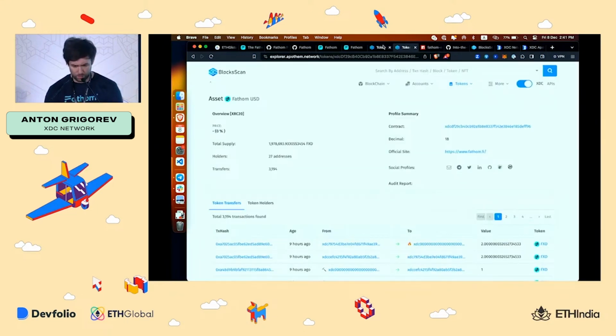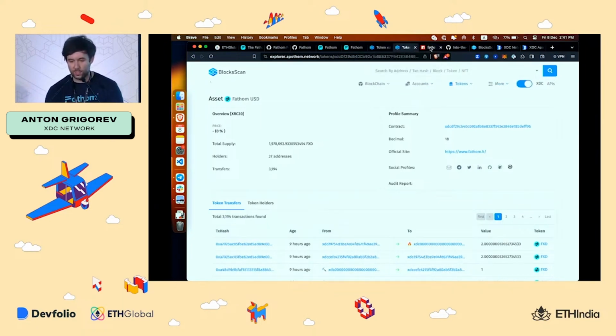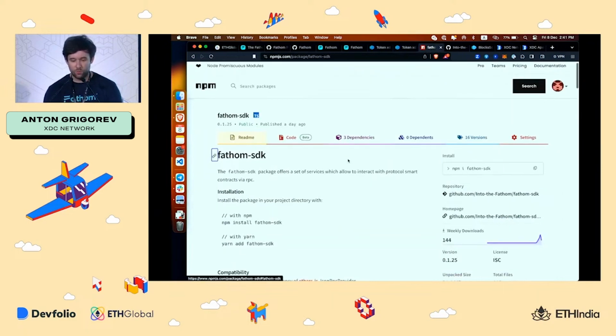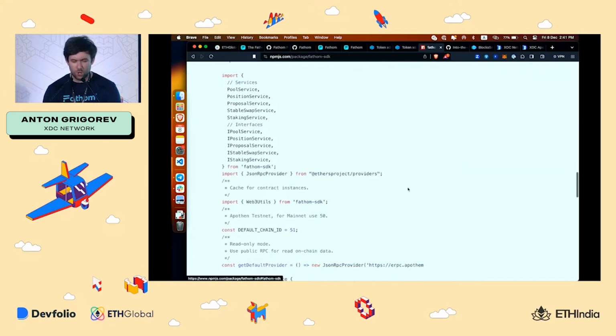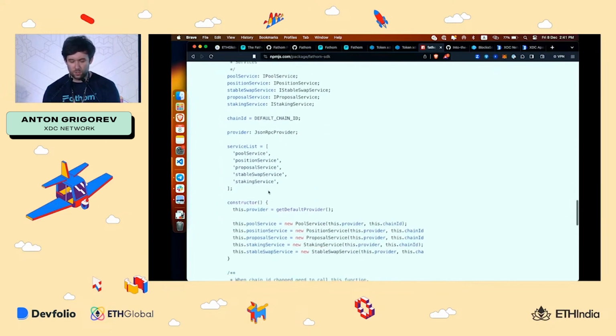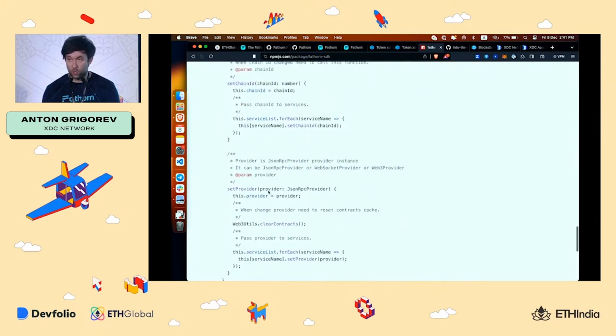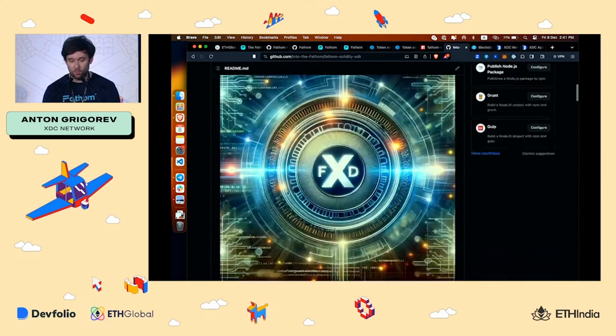Also, you can check our stablecoin in BlockScan, which is the explorer for XDC and for the Fathom testnet. You can check our NPM module for TypeScript, named Fathom SDK. It's pretty easy to install and to import all the services you can use, for example pool services, position services, proposals, stable swaps, etc., and use those functions in your front-end application. Also, we have a Solidity SDK.